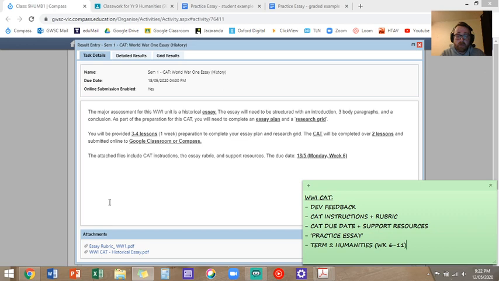I'm going to go through, look at that, I've got a little to-do list. I'll be talking about the dev you guys just completed, the research grid and the essay plan. Talk about the CAT instructions, the rubric, the due date, a few support resources that I've created to hopefully help you guys prepare for the CAT, which is related to the practice essay that you guys examined in the previous lesson. And then I'll talk about what we're doing in the rest of term 2, Humanities, so from week 6 to